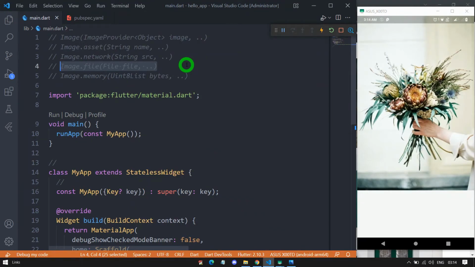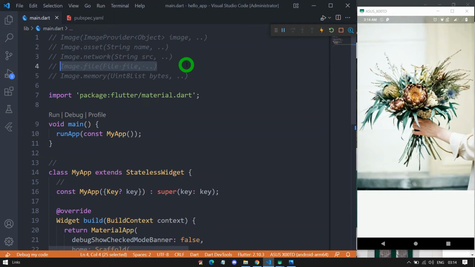Let's understand one more example. Let's say we have created an application in which the user is capturing images using the camera, and whatever captured images are there, these are stored inside some folder. Now we need to store the names of these files locally in the device. For this we might use shared preferences, or maybe SQLite. Now in this case, when next time the user wants this image, we must get that image from the file,